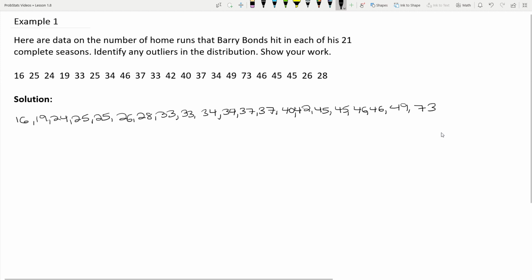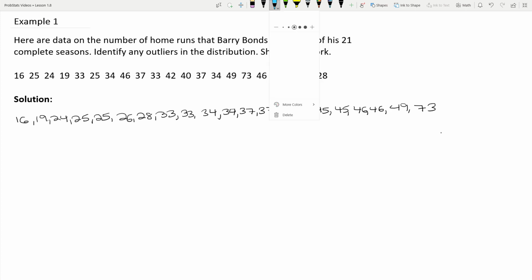Okay, so I went ahead and listed out the rest of the numbers. So we sorted them in order. And then now what we want to do is figure out our median. So we're going to cross these out. So we got 1, 2, 1, 2, 1, 2. Work our way towards the middle. So we got one middle number, 34. So that's our second quartile, or our median,